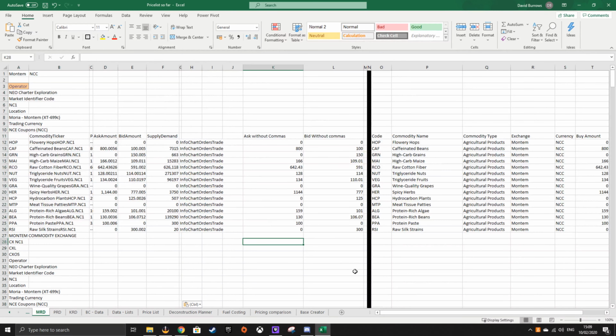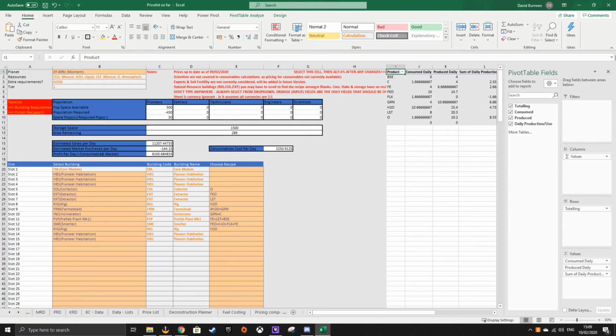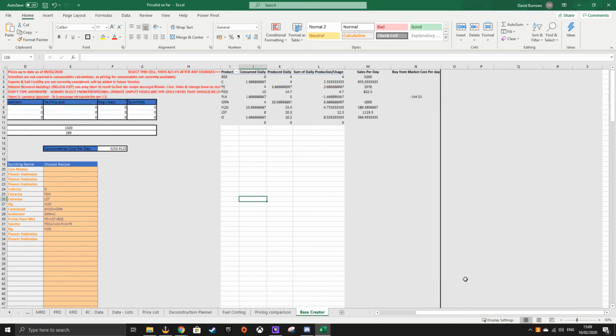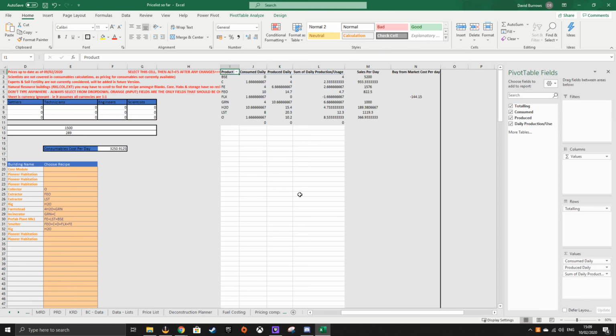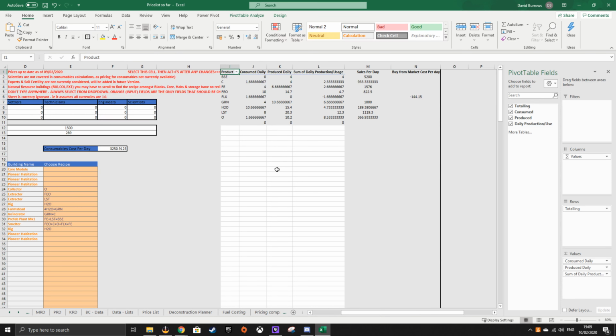There we go. Okay, so now with 3 simple copies and pastes, this pivot table here contains all of the information, and you can see here we're currently making 5,200 per day from BSC sales and everything else, and the buy from market is 144.15. Now there's a very good chance that the price of flux and the price of BSC have both changed. So if we do an Alt F5 now,